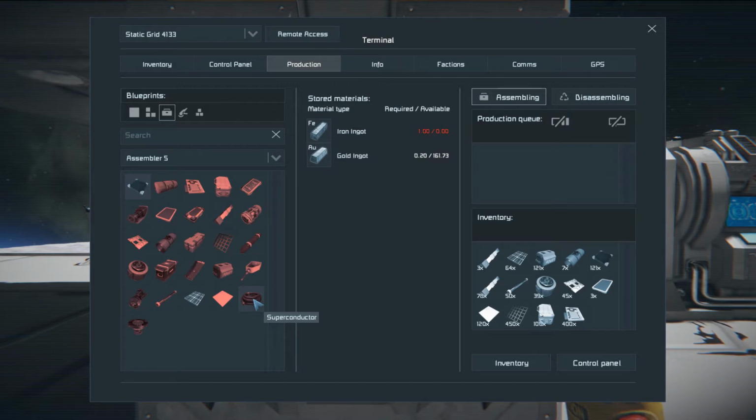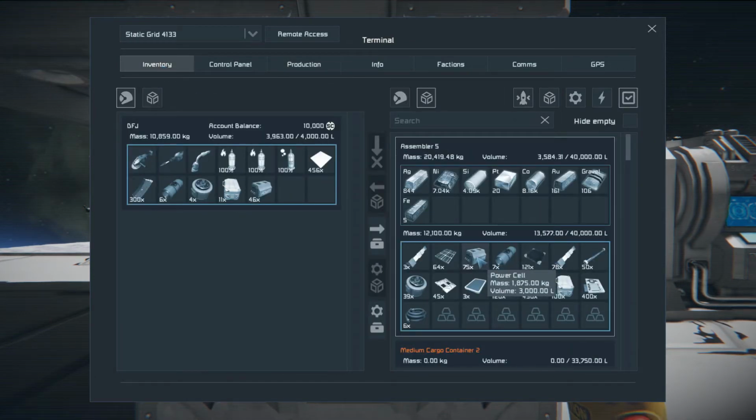We need 1,000 of these. Let's make 100 at a time. Let's do 1, 2, 3. You out. Inventory. Take you out. Okay, it's all I can carry of those. I need more